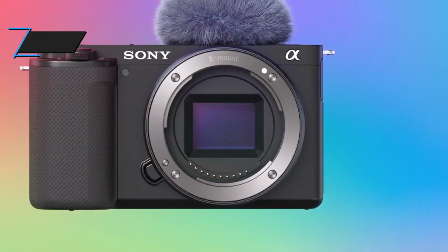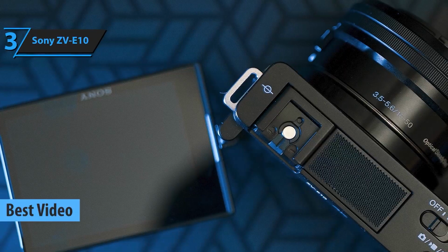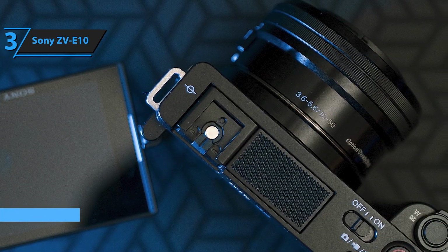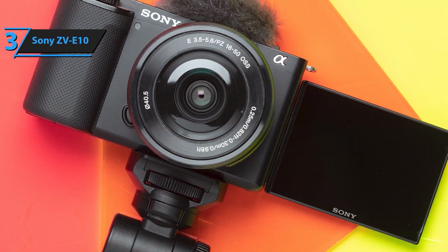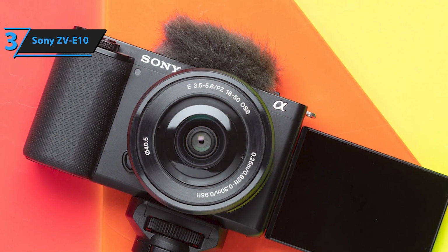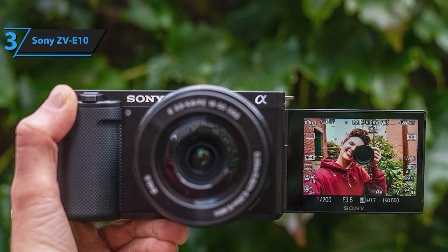Coming in at number 3, the Sony ZV-E10 is our top pick for video enthusiasts. If you're a vlogger, content creator, or simply want to create high-quality videos, the ZV-E10 is your new best friend. This camera features a 24.2MP APS-C sensor and is built for dynamic, high-quality video with features like 4K recording and